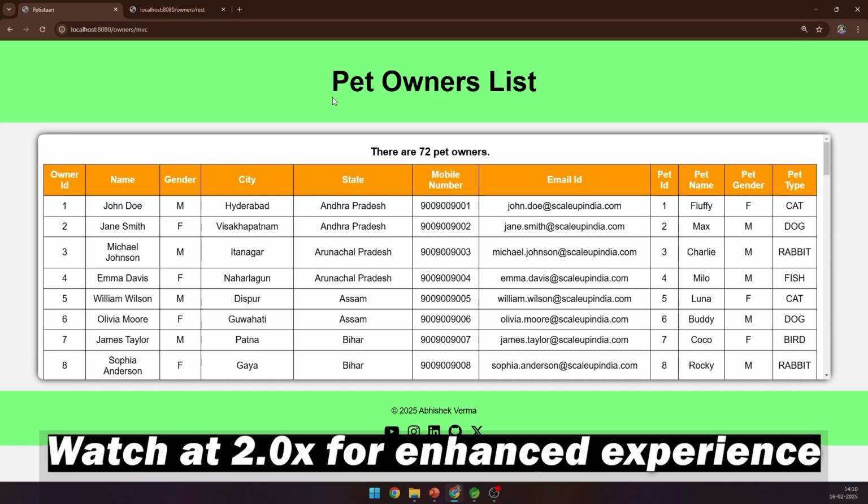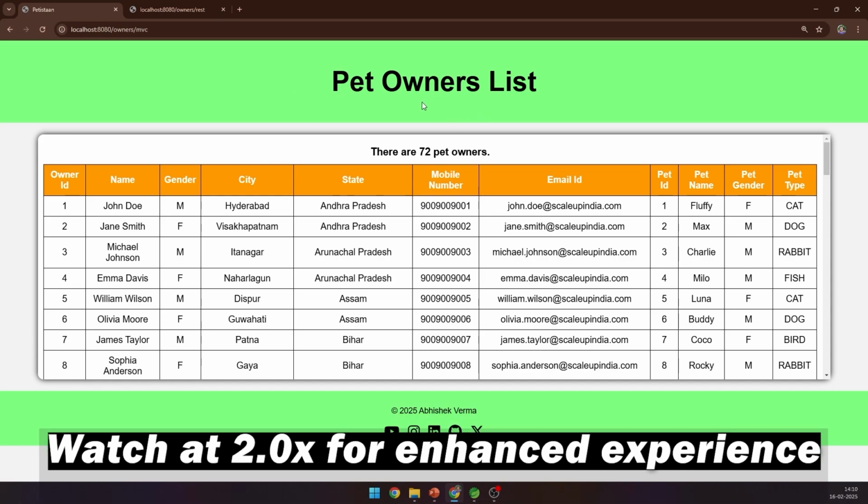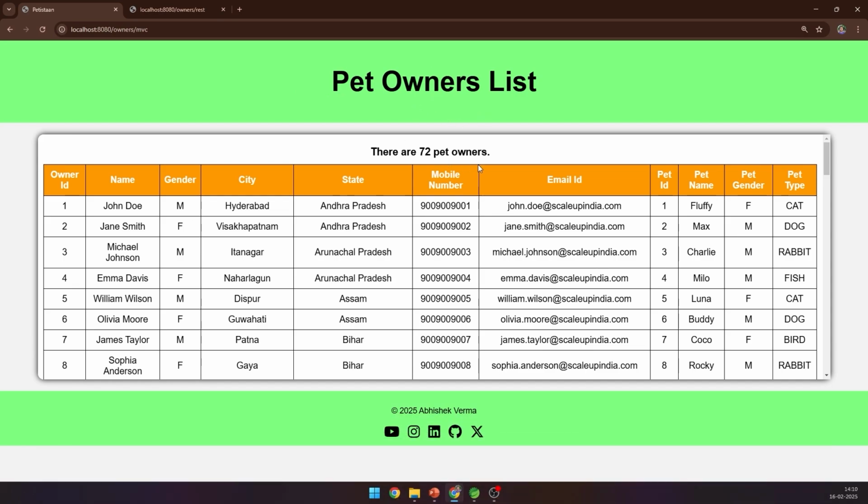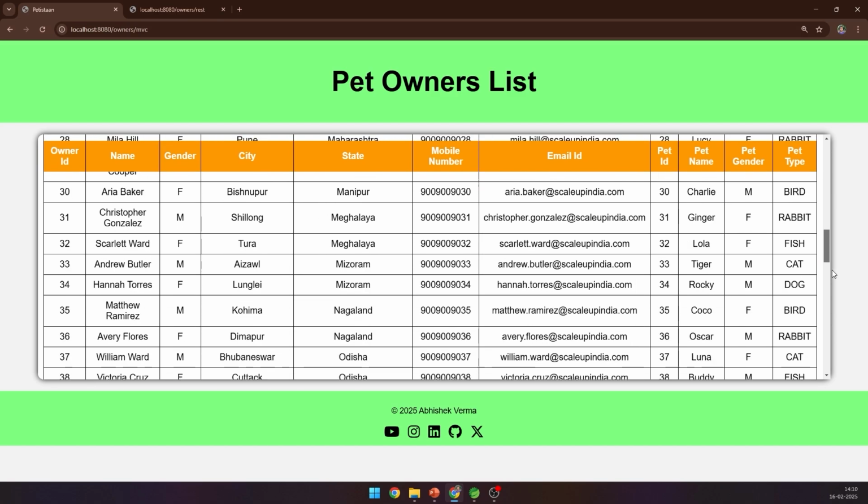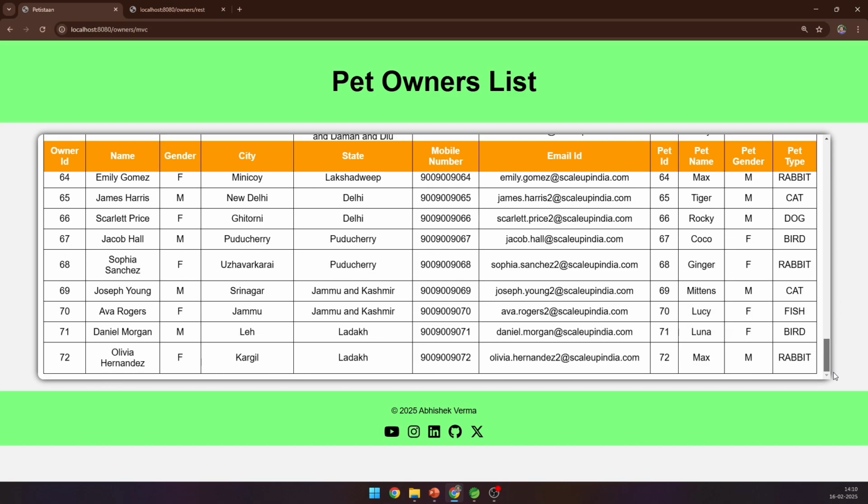Here you see on the top, we are seeing this kind of particular header. Then we get the total number of pets information. These are 72. Here we can scroll and you can see the details of all the 72 owners as well as their pets. At the end, I have also added some footers and here these are my social media icons